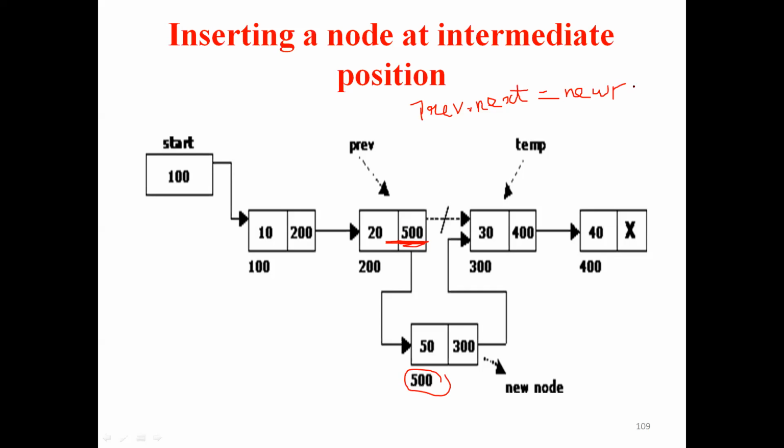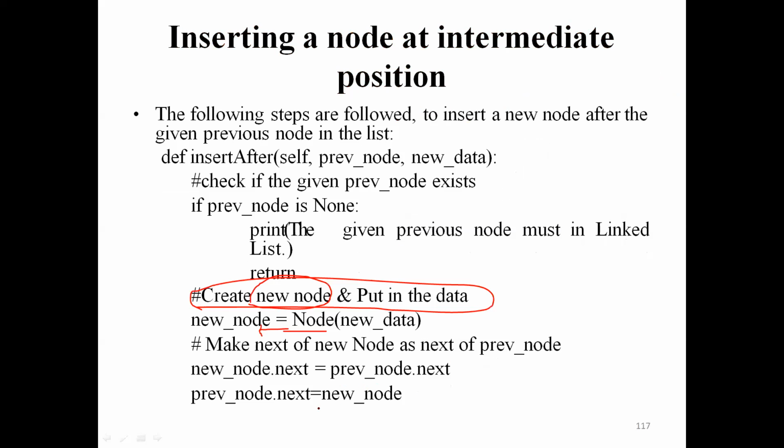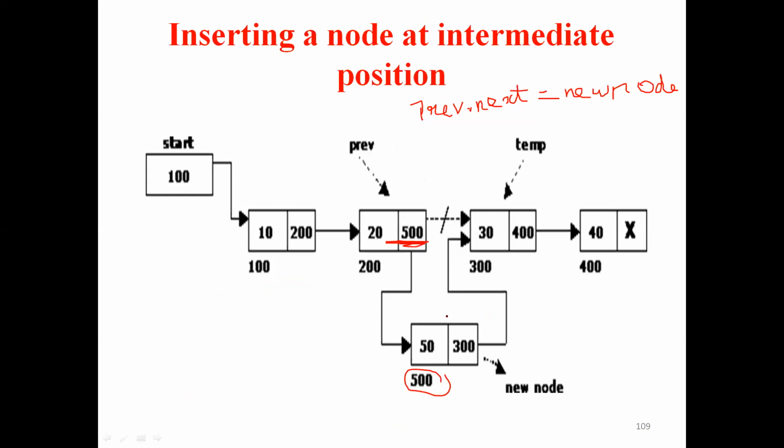New node. That's all. So these things I have to do. This is the coding part. So that's what it is shown here. See, right? What is the other update should I do? See, earlier this was null, no? Earlier this was null, because when you are creating a new node,